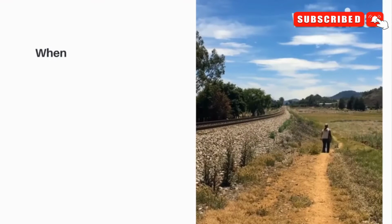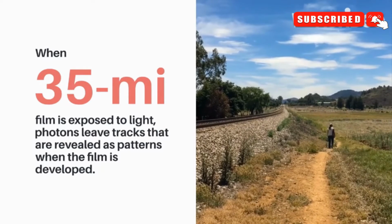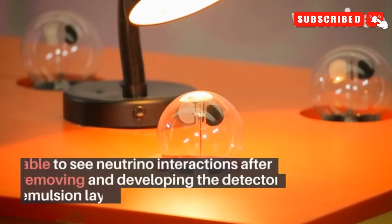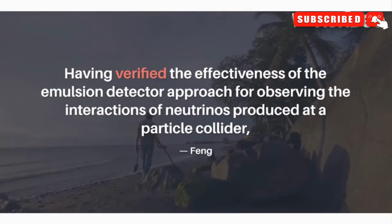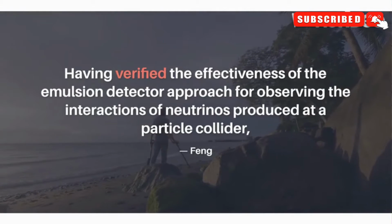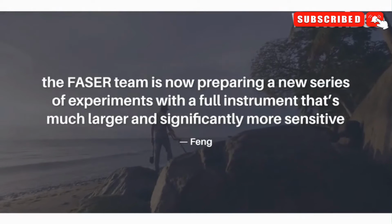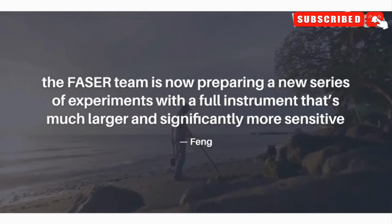When 35mm film is exposed to light, photons leave tracks that are revealed as patterns when the film is developed. The FASER researchers were likewise able to see neutrino interactions after removing and developing the detector's emulsion layers. Having verified the effectiveness of the emulsion detector approach for observing the interactions of neutrinos produced at a particle collider, the FASER team is now preparing a new series of experiments with a full instrument that's much larger and significantly